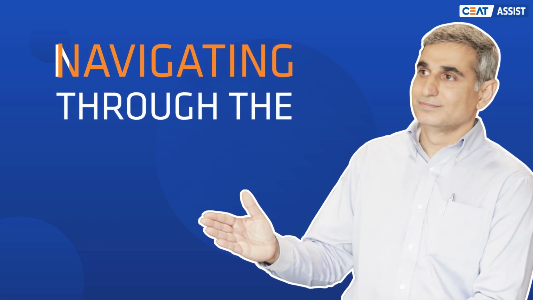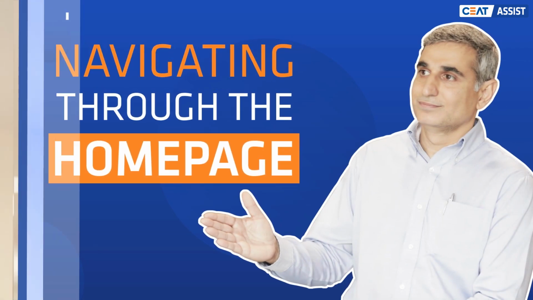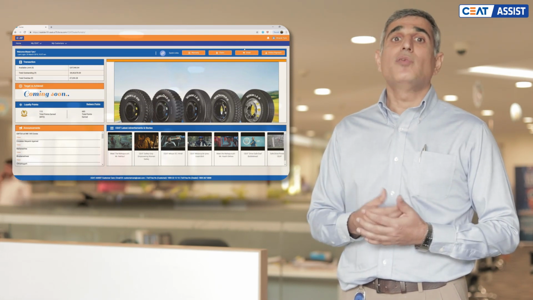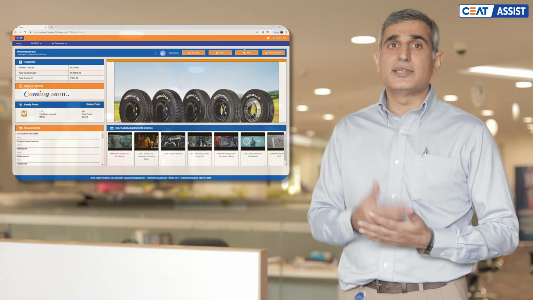Many of you said that the home page should really reflect what interests you most. So now you will see a screen with a personalized dashboard which will have information about your business. We have made your homepage intuitive, simple to use, and informative. This homepage is customized for your business and works like your personal business dashboard.